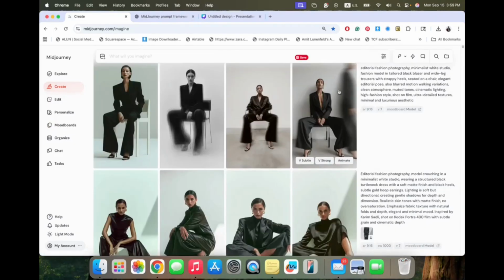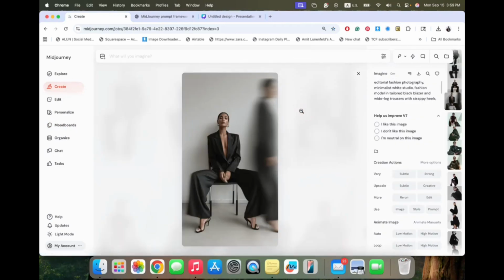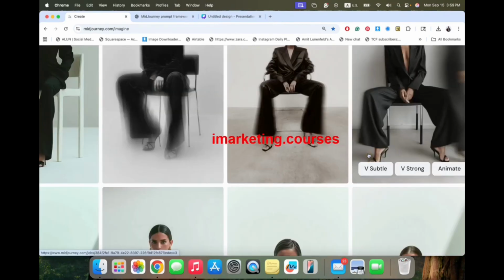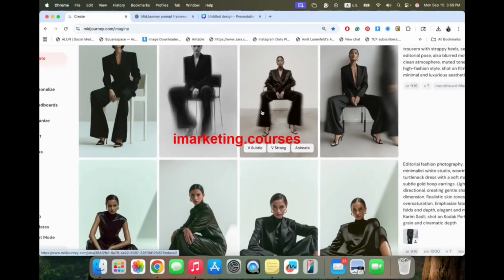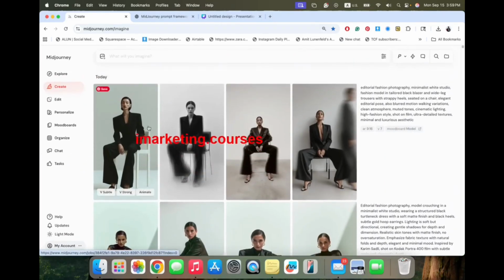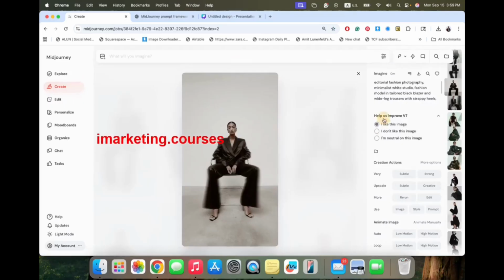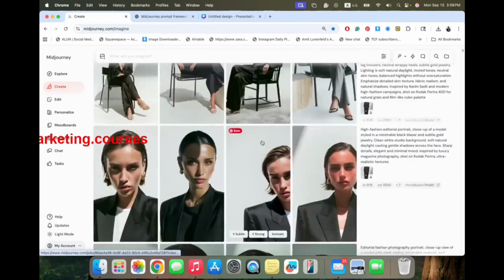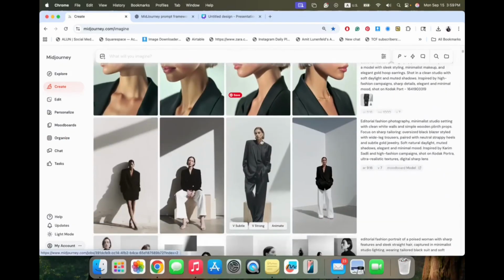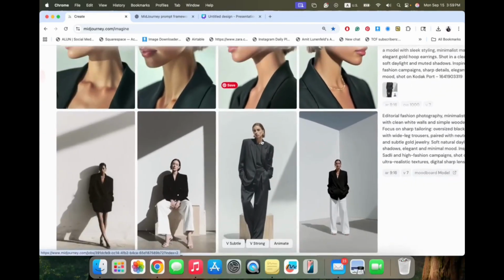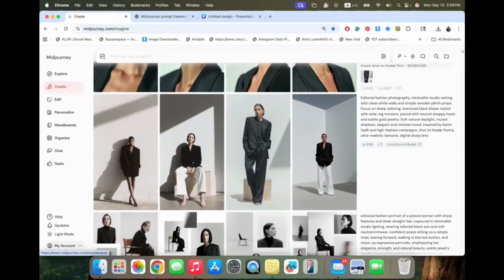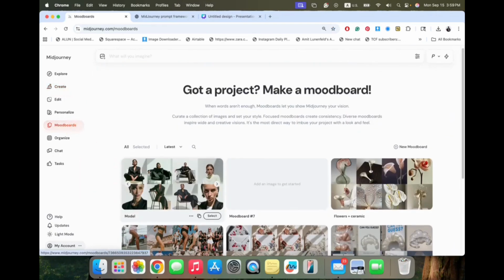I started doing this project before, so I want to show you how the project evolved, but just to go with you live. So these are the models. This one looks really good. I will mark it and we'll add it into the mood board, but let's go and see what I got before. So this is the result I got before, and I decided I wanted this model for consistency. So first of all, the first thing I did is add her into the mood board.